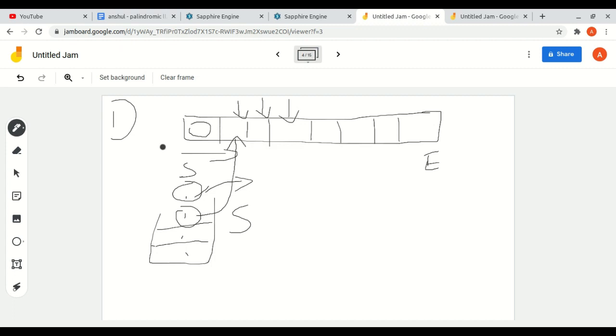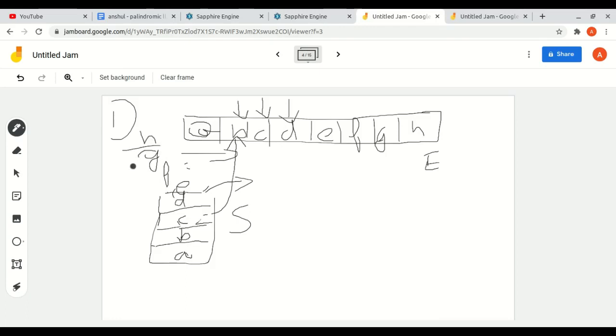Let's take an example and then it will be easy to understand. A, B, C, D, E, F, G, H, and in the stack we get the reverse order: A, B, C, D, E, F, G, and H. So this is a stack, and the topmost element is H. We compare, is H equal to A?